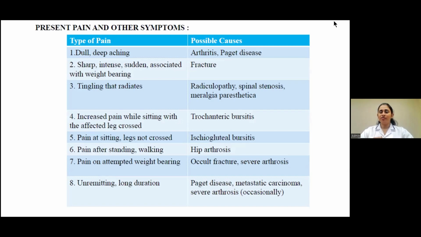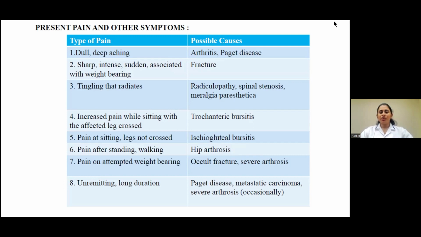Then if there is a fracture, then the pain is going to be quite sharp and intense. Weight bearing may or may not be affected considering the type of fracture. Then there is a possibility of tingling or radiating symptoms coming from the lumbar spine, again, which can be indicative of radiculopathies, spinal stenosis, and might not be very common, but meralgia paresthetica is involvement of the lateral cutaneous nerve of the thigh, which can be